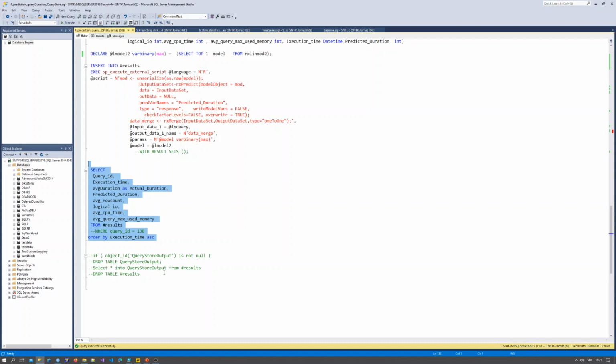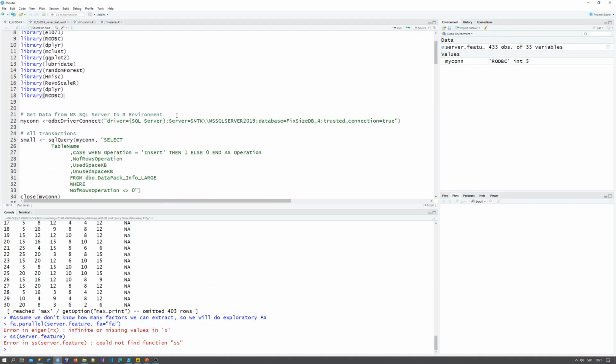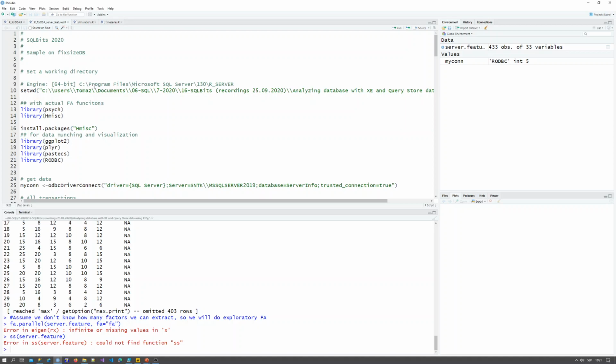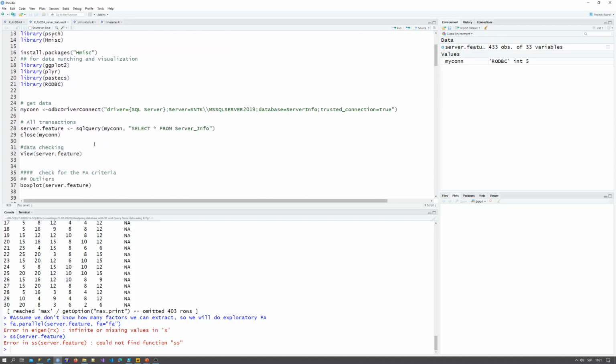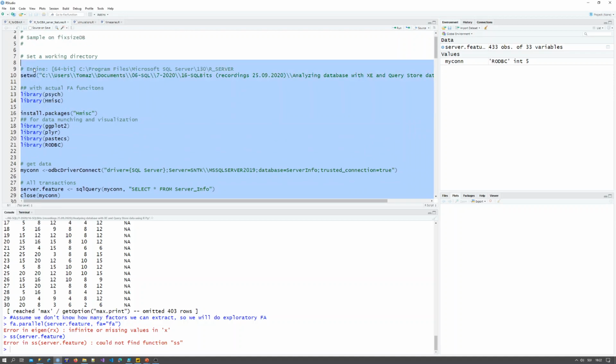Okay, the second one would be extended events. But before I go into that, I just want to explain to you my data set. So I'm going to R,